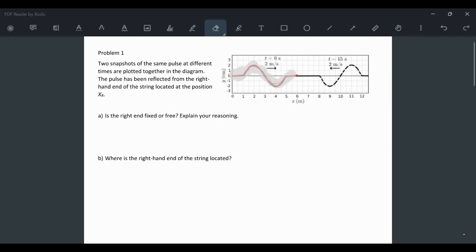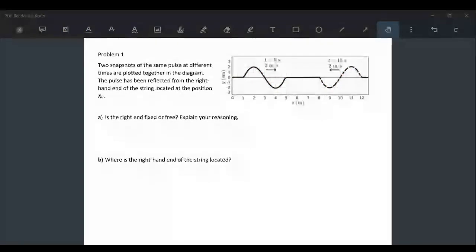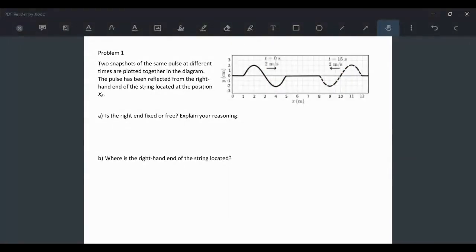Then at some time later, actually 15 seconds later, we're told we get something that looks pretty similar. We have the same idea. It's sinusoidal, it's a single cycle, but it's moving to the left this time, we're told. So the first part we're asked is this free end? The first thing we need to realize is that the phenomenon we're dealing with is reflection,